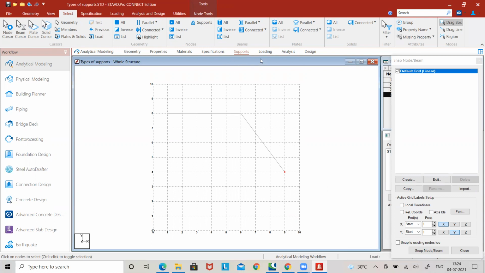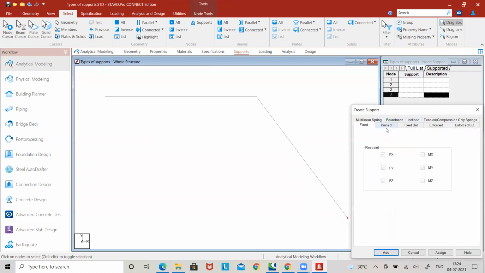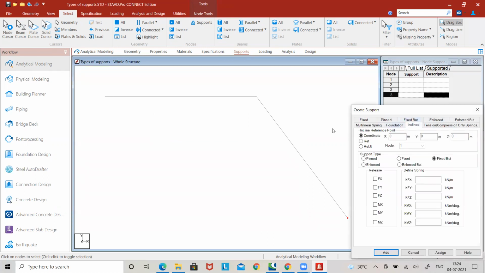So you can go to support and define an inclined support. An inclined support can be given in reference in two ways. That means either you can give the coordinates of that particular node or you can give the reference number. Let us say the reference number of that node is 3. So you can give the reference number here or you can give the coordinates.